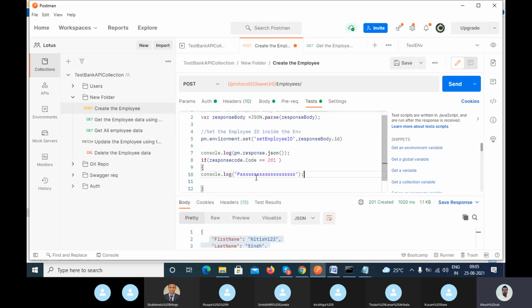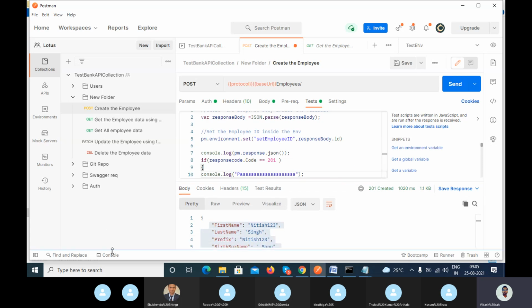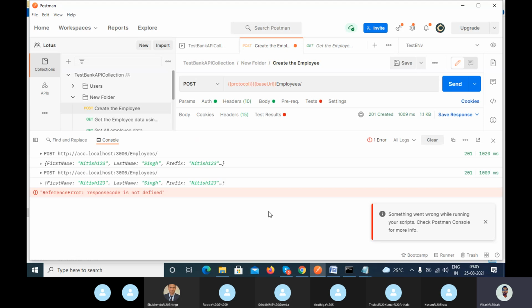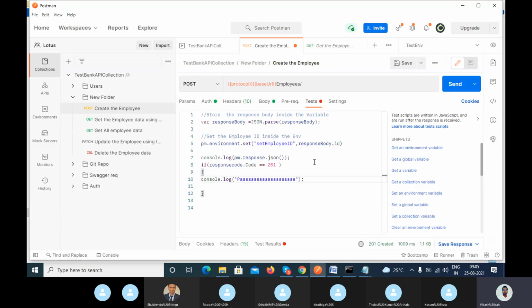Let me open the console and see whether the condition we have written is right or wrong. We are getting an error message, a reference error. I think we have written the wrong property name. I think we have written response for,